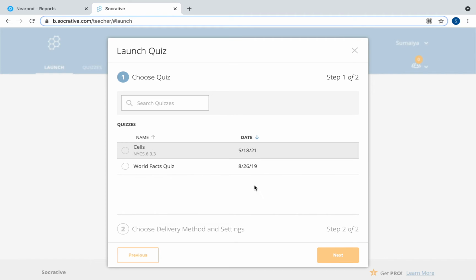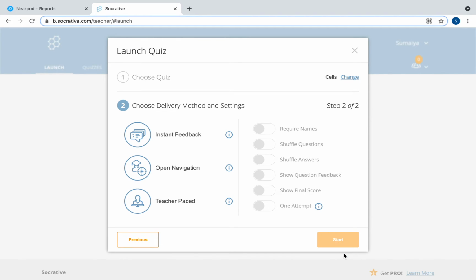You can save quizzes. If you click on a quiz that's already saved, click Next. Once you choose it, you have all these options. This cells quiz is one that I already had saved, and I'll show you how to create a quiz. Once you have the quiz saved and you want to launch it, you have to choose the delivery method